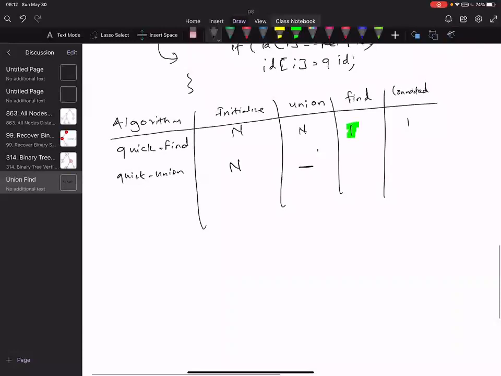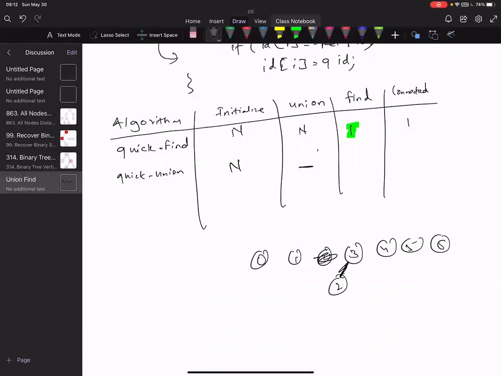Okay, so let's see what it's done. Probably a tree will come into the picture. So basically, let's say 0, 1, 2, 3, 4, 5, 6. I'm just doing that many. When I say connect 2 and 3, instead of changing the value of all 2 and 3, I'm just going to change the value of one only. So let's say 2's value I'm going to put 3. We can see it as a parent child. It is not exactly parent child, but I'm going to change the value of 2 to whatever the value of 3.